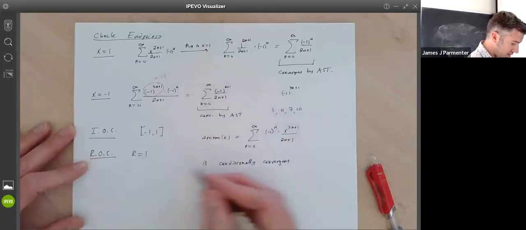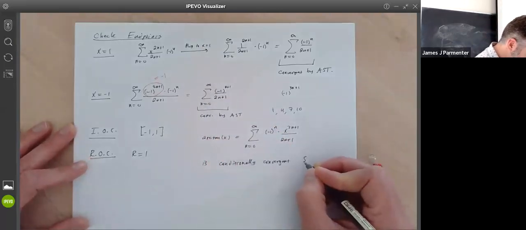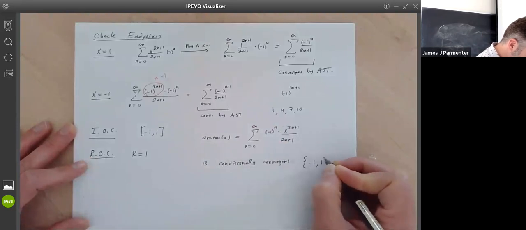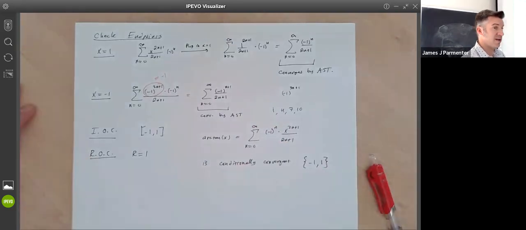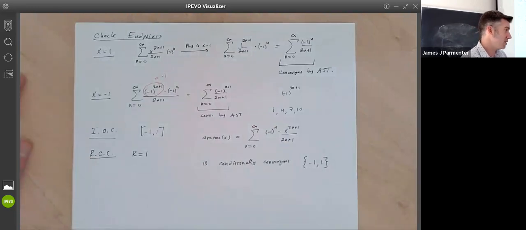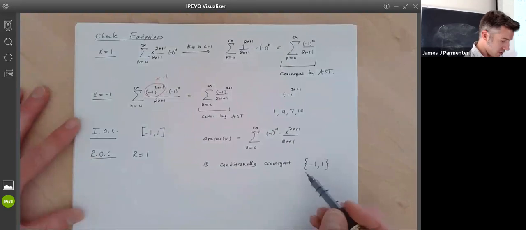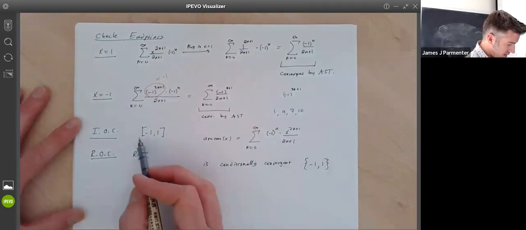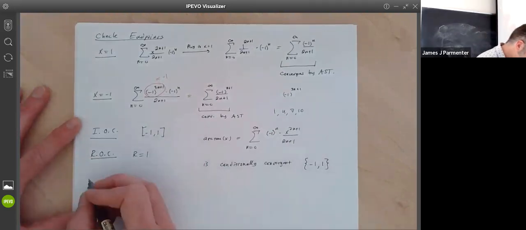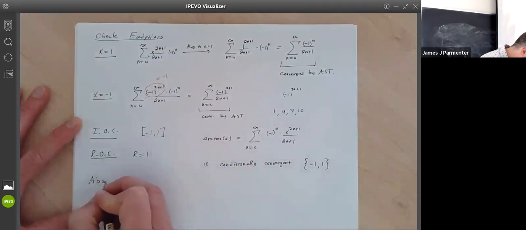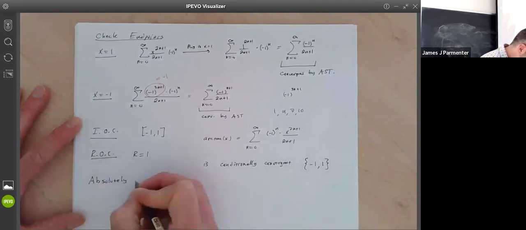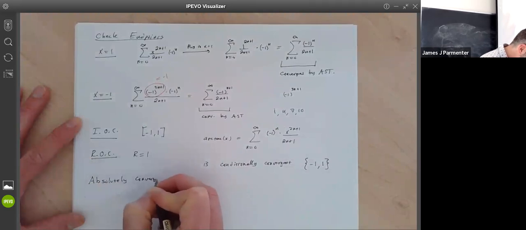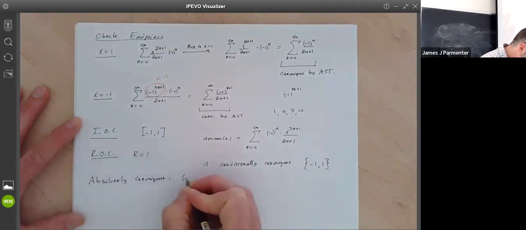So we would say that this series is conditionally convergent on this set, which is kind of an annoying way to have to write your answer, but it is the way that WebWork wants your answer. So this is how you would say where it's conditionally convergent. Conditionally convergent there, interval of convergence there, and I suppose I should also point out it is absolutely convergent on